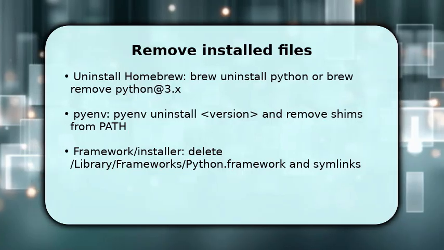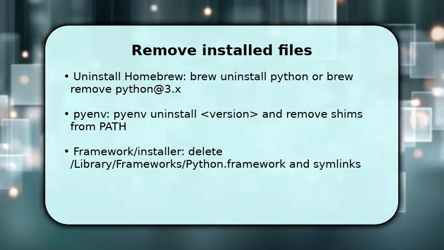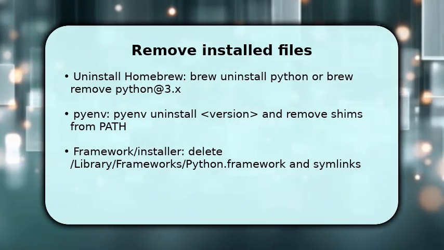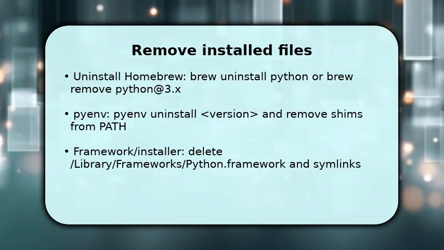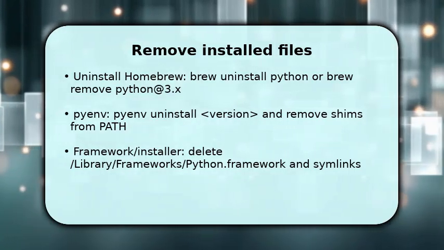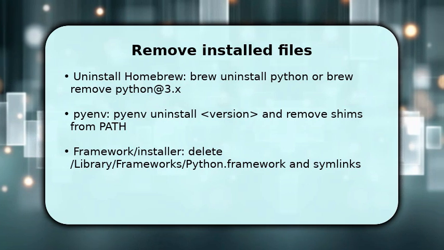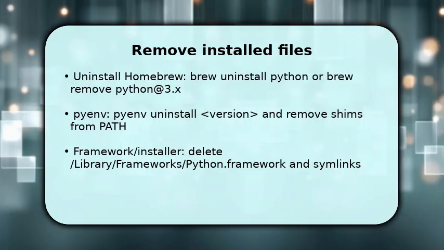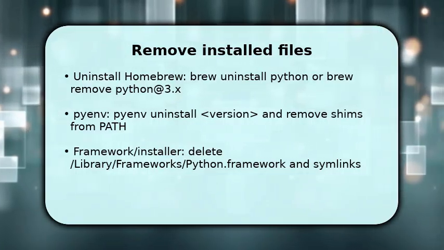If pyenv manages it, run pyenv uninstall version and then remove shims and version entries from your shell profile. For official framework installers, you remove /Library/Frameworks/Python.framework and delete related symlinks in /usr/local/bin carefully. Make sure you finish by cleaning up your shell configuration and checking that you didn't break the system